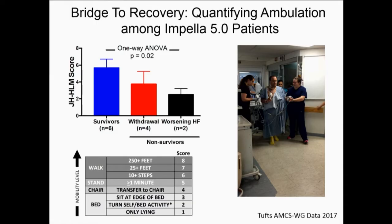And so the idea here is this concept of bridging to recovery. What you'll start to see more over time is quantifying ambulation amongst patients who are getting axillary CPs and 5.0s. It turns out that if you look at a Hopkins mobility score, and you can get your patients up and walking around with an axillary CP or 5.0, and you get to a level of 10 steps or 25 steps or greater, these patients are more likely to survive with their native heart. So keep in mind that this patient was referred for surgical BiVAD or transplant and actually went home and kept